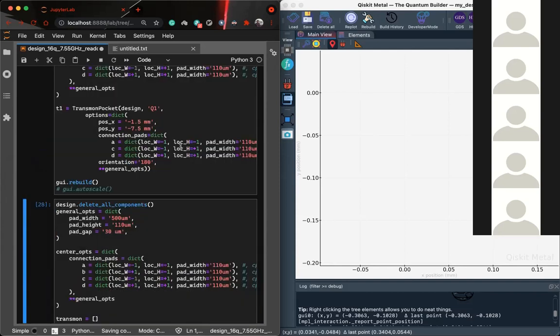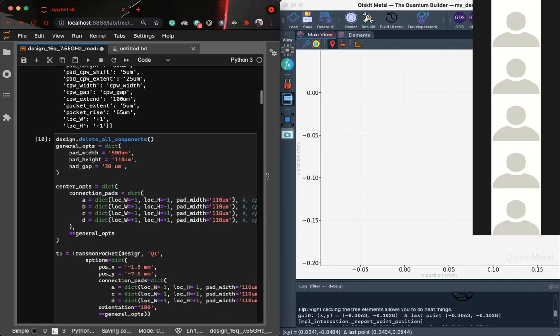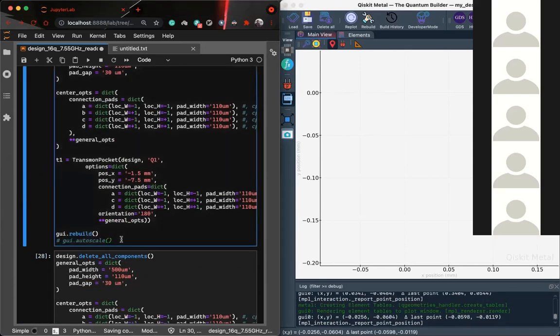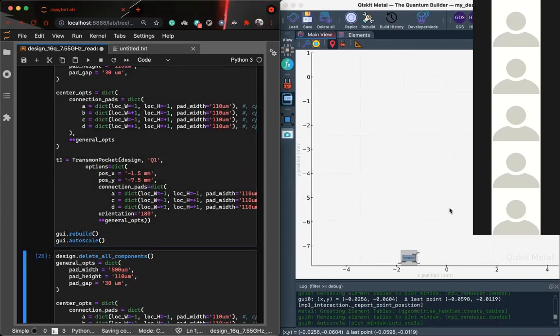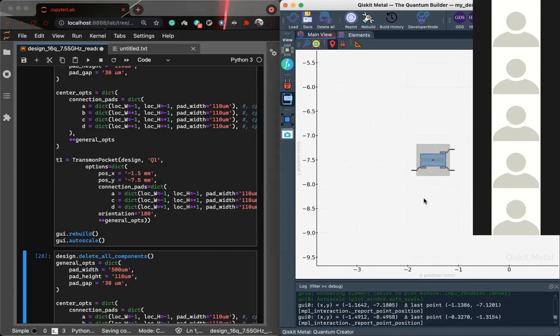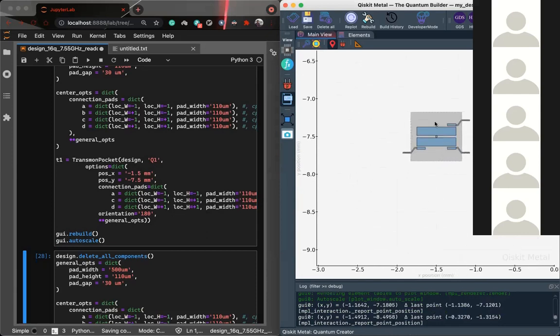So let's say I build a particular Q component, and it should show up. Yeah, so you can see this is the component. This is a transmon qubit, and you can see the two capacitive pads and a Josephson junction in between.